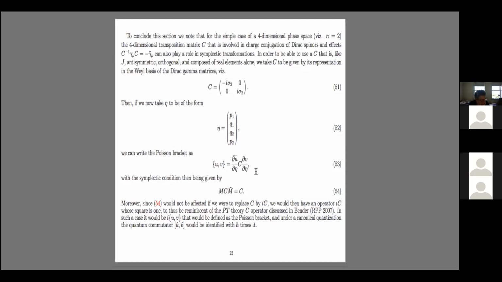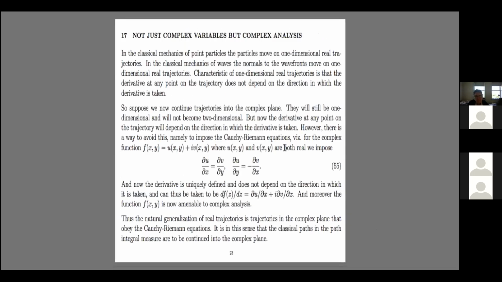Now, if I replace C by iC, C squared would be 1, because this C squared is minus 1, and it becomes very reminiscent of the C operator in PT theory. So the UV Poisson bracket would be replaced by iUV, and under a canonical transformation and under canonical quantization, it would be identified with the commutator, not with i times the commutator, but just with h bar times the commutator. So there's another possible role for the C operator. Okay, my last